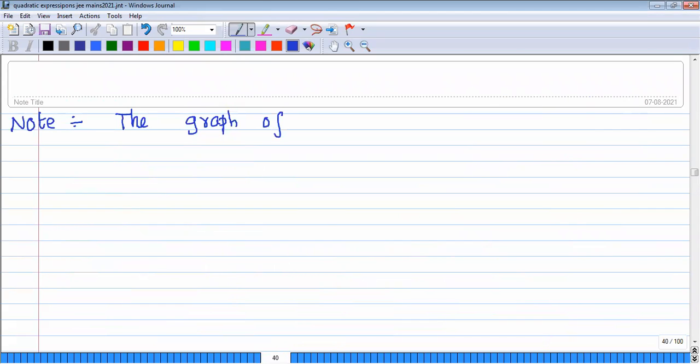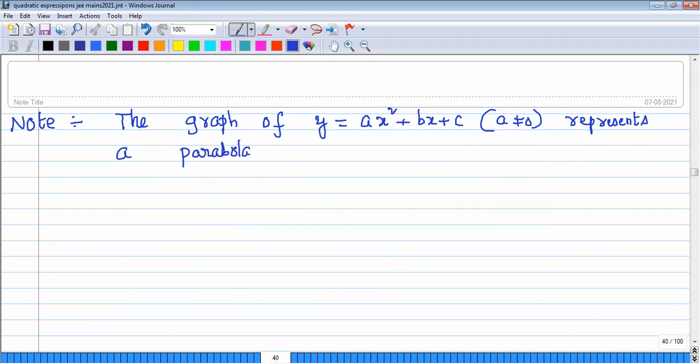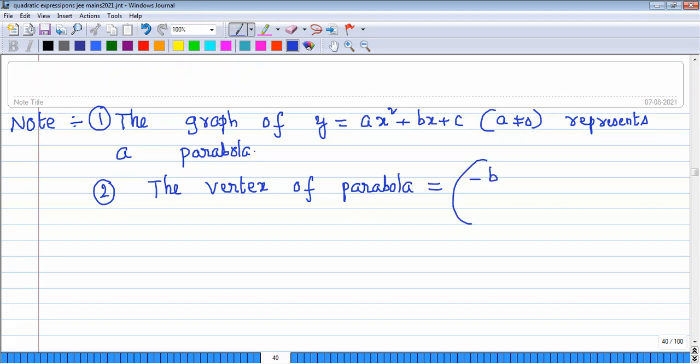The graph of y is equal to ax square plus bx plus c, a does not equal to 0, represents a parabola. First point. Second point, the vertex of the parabola. The vertex of the parabola is equal to minus b by 2a, comma, minus delta by 4a,